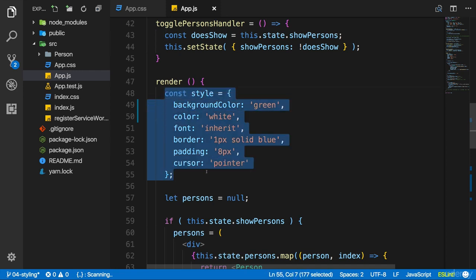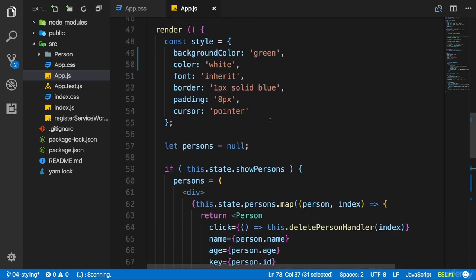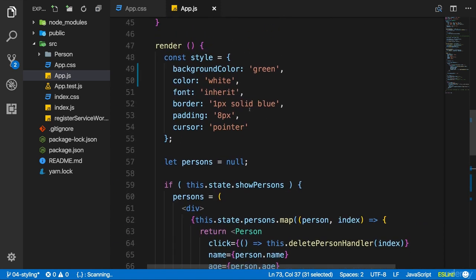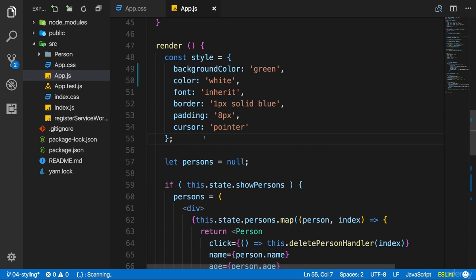Yes, we could work around this with some unique CSS IDs or classes, but having the possibility of using these inline styles here can also be pretty cool, because as we already do, you can edit them in your code because everything is JavaScript. So it would be nice if we could actually use pseudo selectors and media queries in our normal JavaScript inline styles. And by default, that's of course not possible. But we can add a third-party package, which is pretty popular, to add this functionality to our application. So let's do just that.